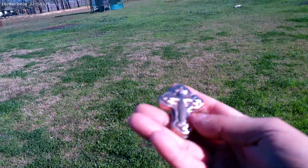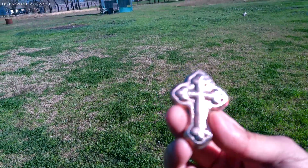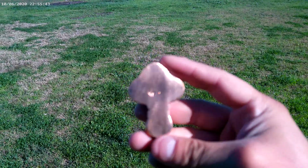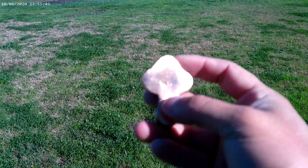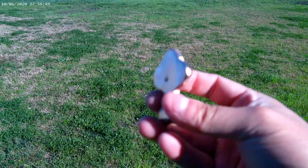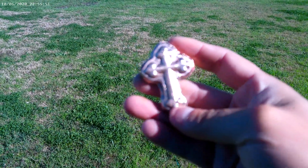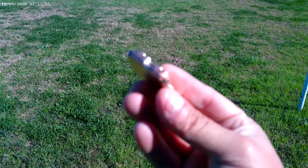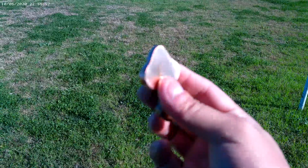All right, guys, this is what it looks like in the sunlight. I couldn't get rid of that little spot right there in the back, but it is beautiful all around. Very, very